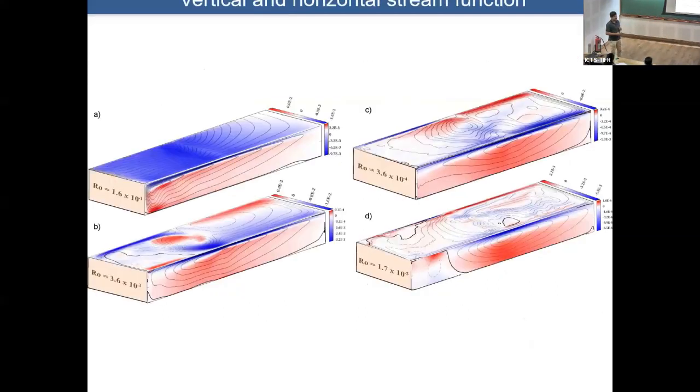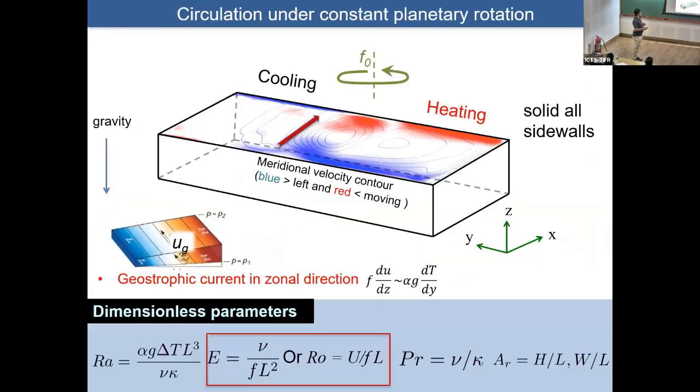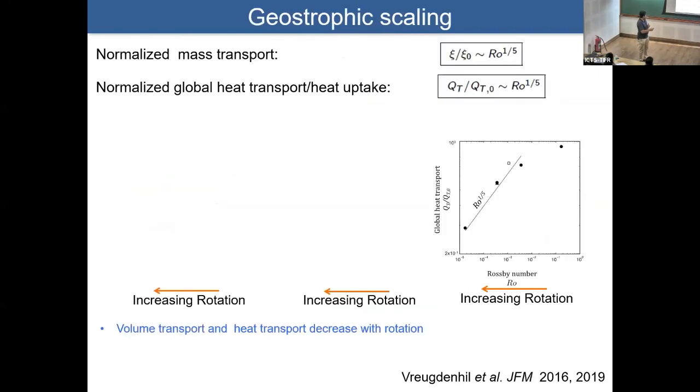Now we plug in the rotation. So we put the same domain, we put a rotation. Once this rotation is important, the horizontal flows are very important, right? Because now flow cannot go north to south, it has to rotate. So now with the rotation, this flow behaves as a geostrophic and buoyancy balance.